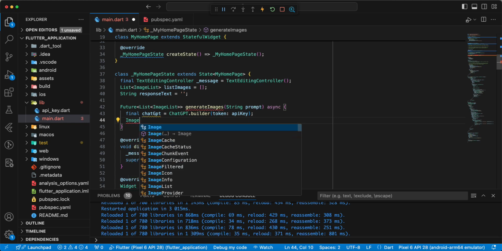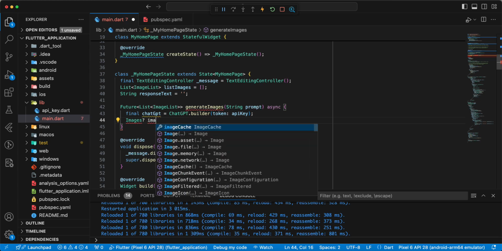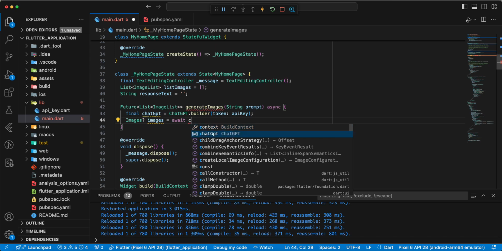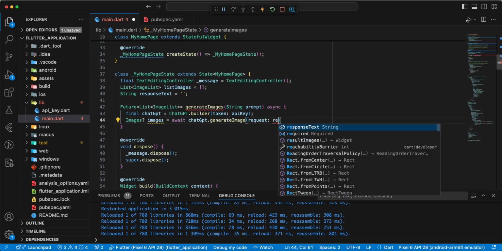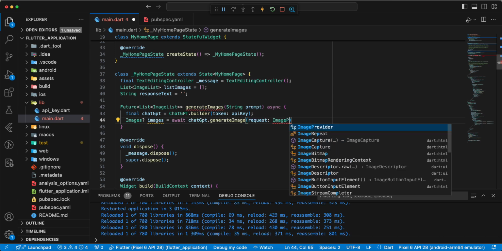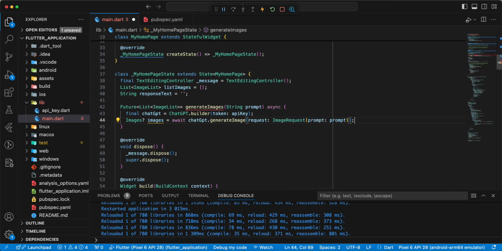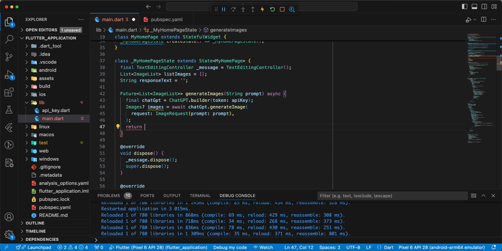Then we write images, write images, write await ChatGPT dot generate image, write request, write image request, add prompt, write return images, data,